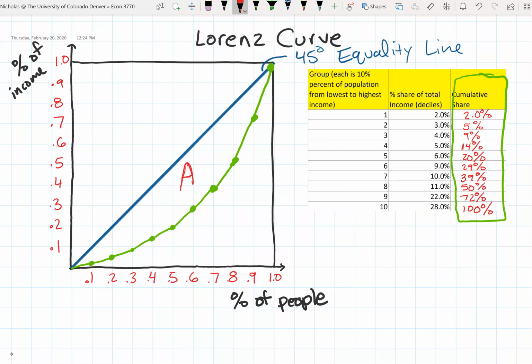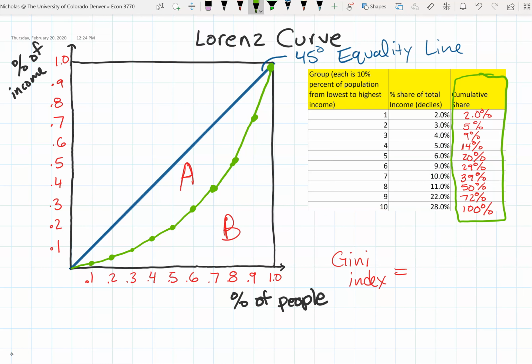And then let me label a B here. Okay, so actually I'll put it in red. So then our thing called our Gini Index, which I'll show numbers on later, is just going to be this ratio. So if we were as equal as possible, then the blue line and the green line would be exactly the same, and A would be 0. Okay. And if we were as unequal as possible, then the green line would go all the way to,